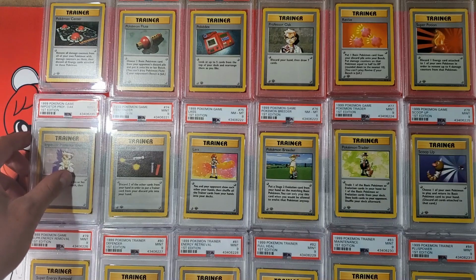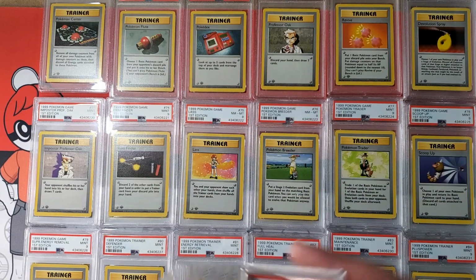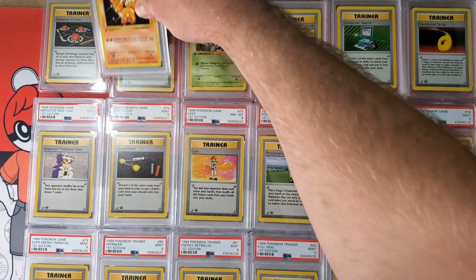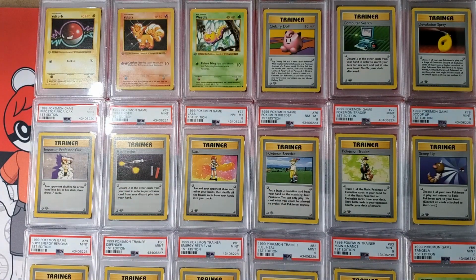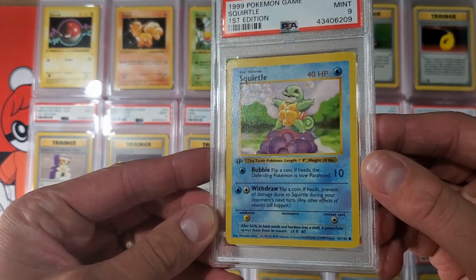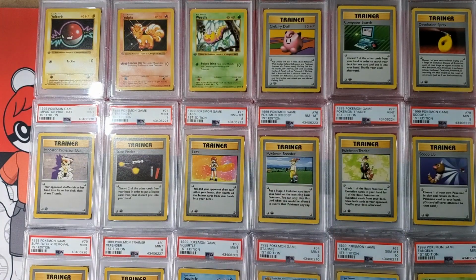The Charizard, as I mentioned at the end of the spreadsheet, will likely be going to PSA for a review. I do not think I'll have any luck selling it as a PSA 8 in the case that it's in, because I do not believe it to be in PSA 8 condition. I did get